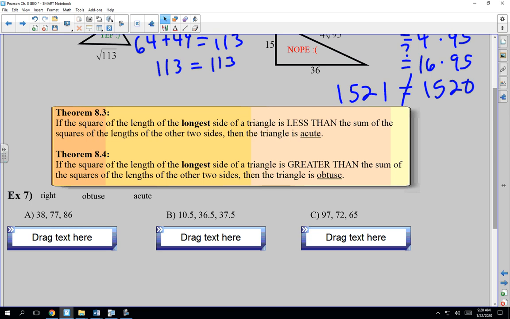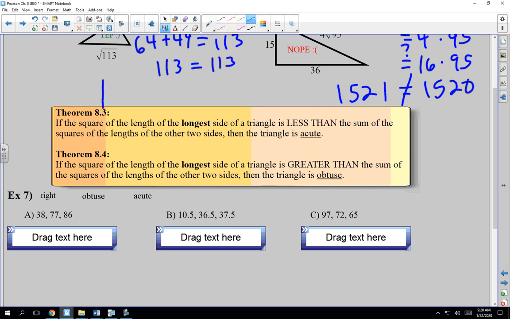So here's the deal. If the square of the length of the longest side of a triangle is less than the sum of the squares of the lengths of the other two sides, then the triangle is acute. So here's how to remember this. It says if the square of the length of the longest side is less than, so if you take a right triangle, here's my right triangle,